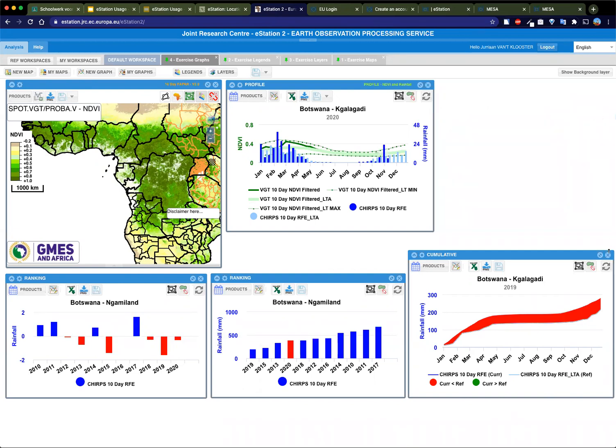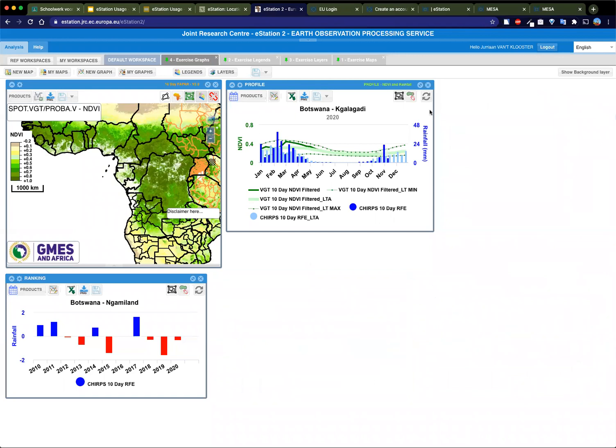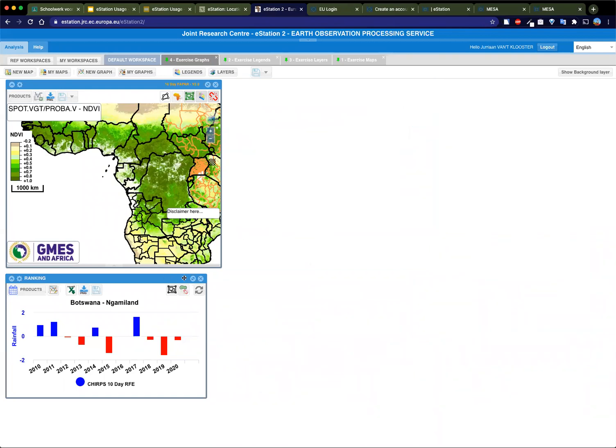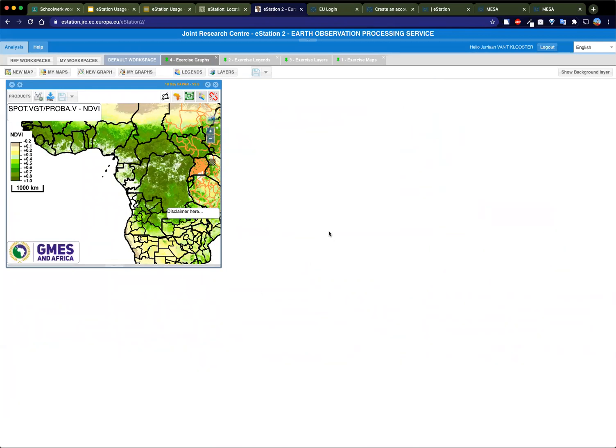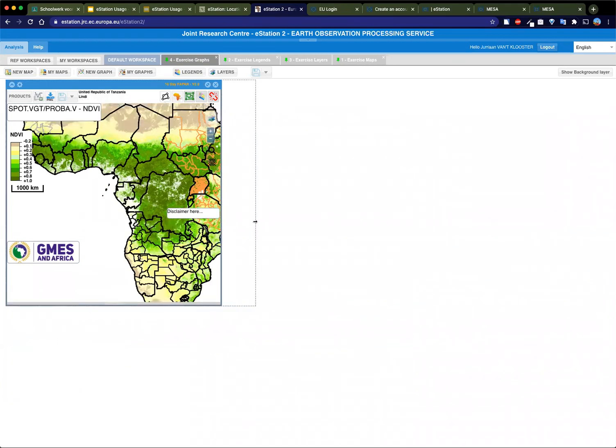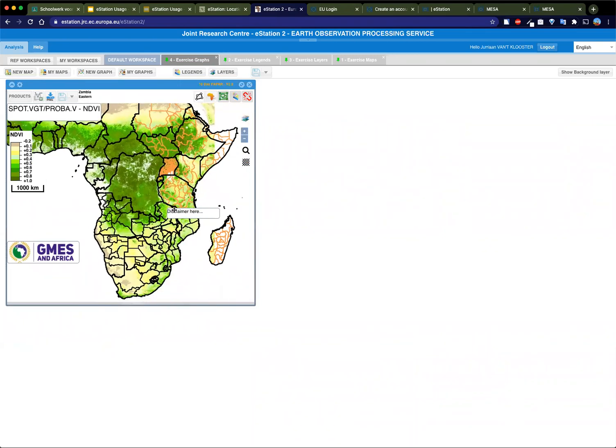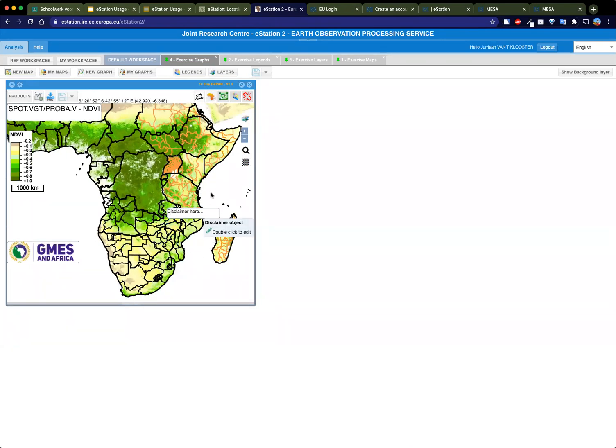I will close them. This is my map where I have my vector layers. Now, to create a new graph, there's the new graph button here. Click on it,